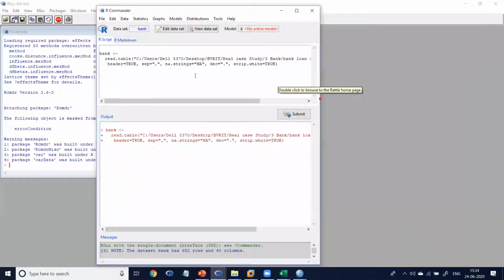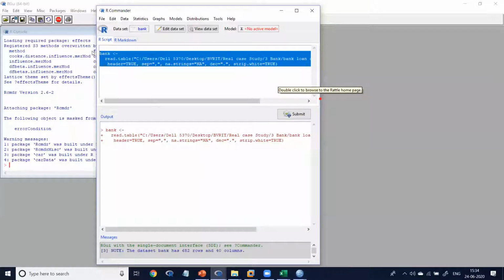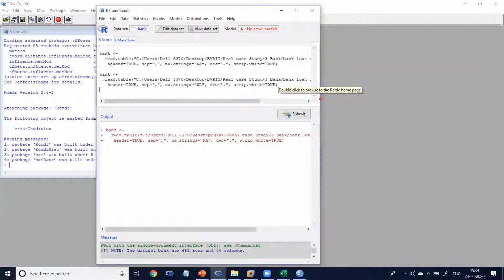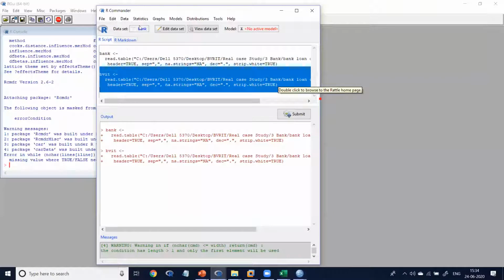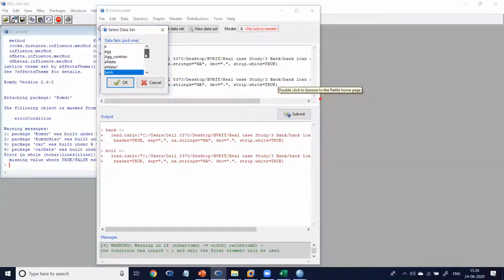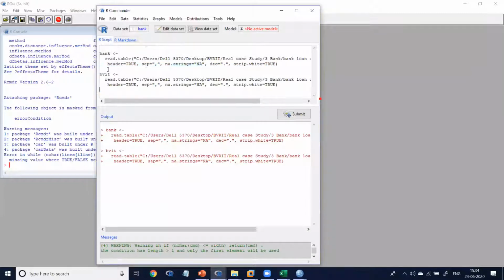We can finish it within one hour. See, I already accessed the data and the code is generated. Otherwise we would write code like bank data read.table with the path name. The system automatically created it. I want to create one more data set, BVIT. Just select it, right click, run it. The BVIT data is also created.